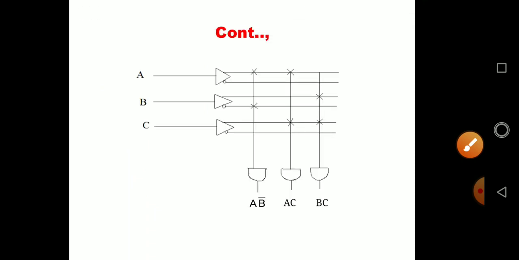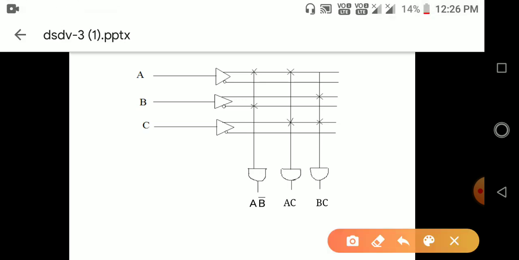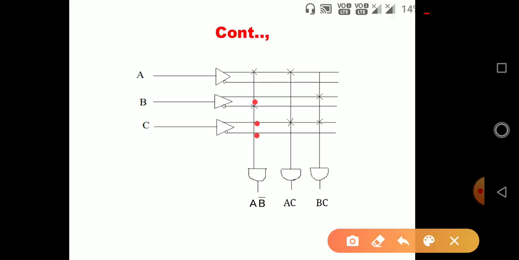In the next step, I have to draw the programmable AND gate. Before drawing it, let us discuss what fuses are in programmable array logic. Fuses are nothing but the intersection points, where horizontal and vertical lines intersect. For example, these points where there is an intersection are known as fuses. Programmable array logic can be programmed by closing, opening, or blowing these fuses.